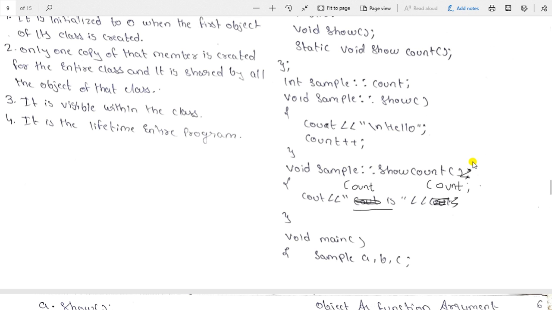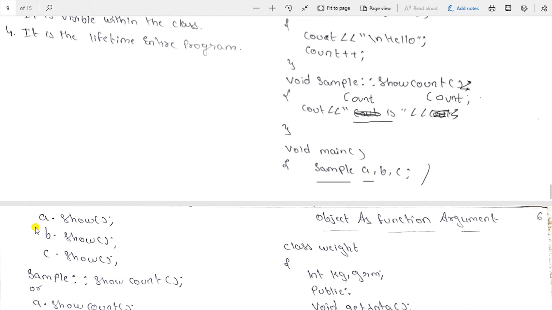So friends, we will continue from the main. As you know, execution starts from the main only. So how to declare the objects? Class name and object. You can declare one object or more than one object. So the class name is sample, and objects A, B, C. I have created three objects, and the objects are separated by the comma operator. After that you have to put the semicolon. So it represents the declaration of the objects.